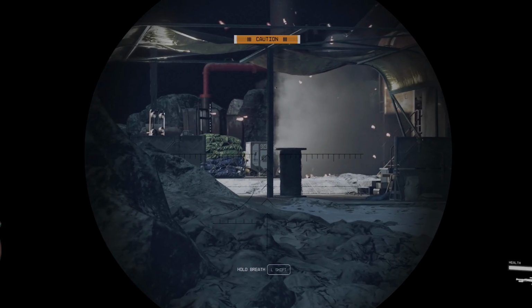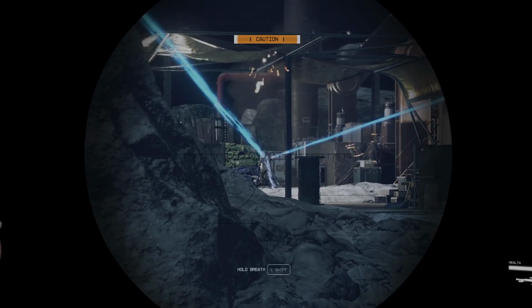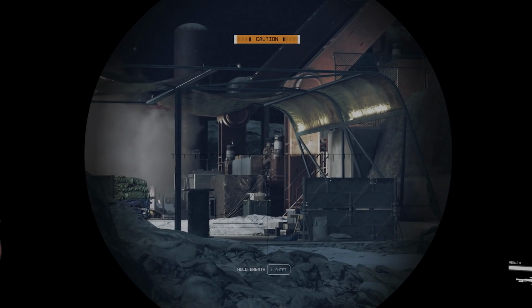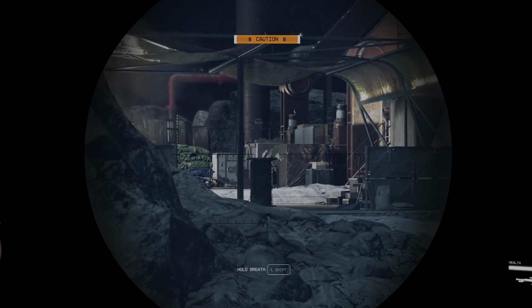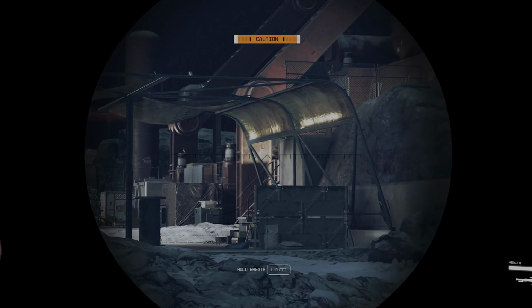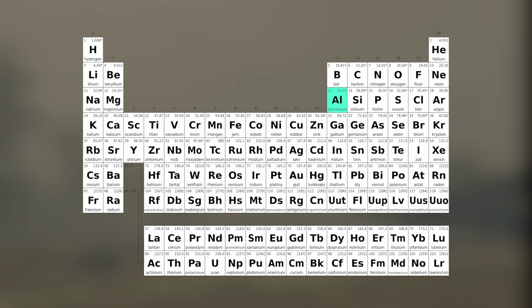Now, me spending the rest of the video listing elements would not really be that fun, so I'm going to try to run through this list relatively quickly so we can start digging in and do a more in-depth analysis of our findings. Now, starting with the lone elements, we have aluminum, antimony, argon, beryllium, cesium, chlorine, cobalt, copper, dysprosium,